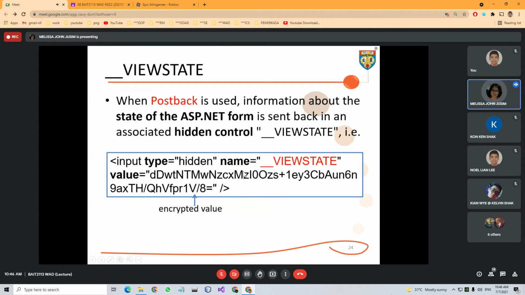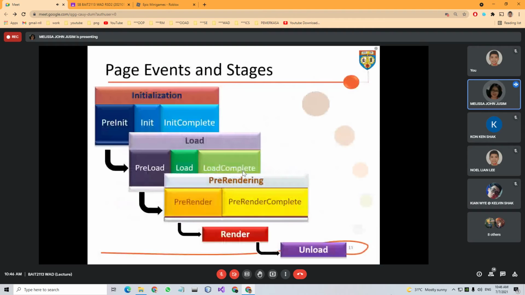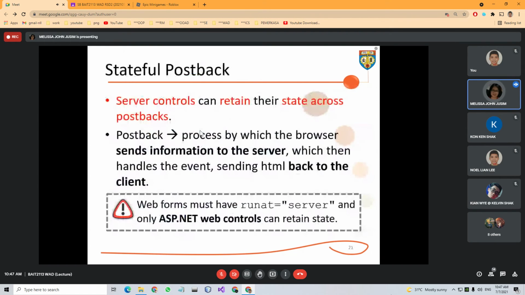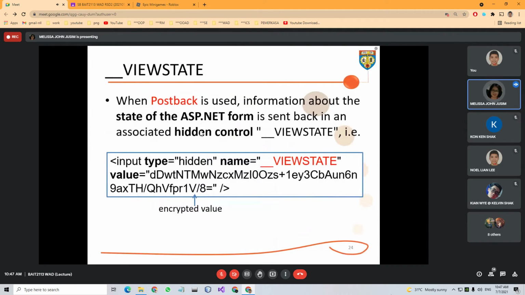Now, when I showed you the page event stages, I did mention that during the load stages, this is where we handle the postback and load the view state values, as shown in this diagram. Now let's look at what view state means.